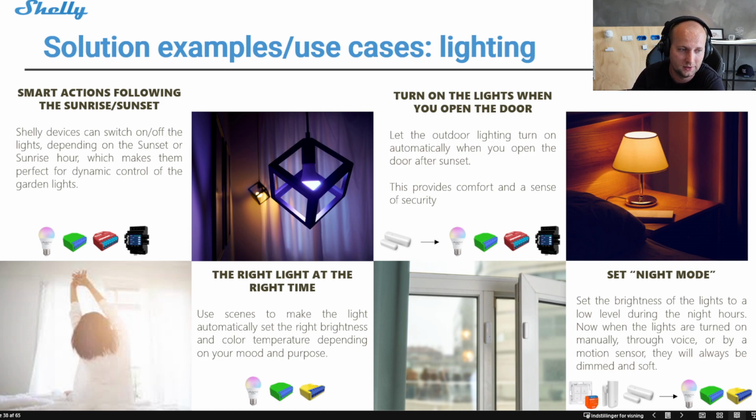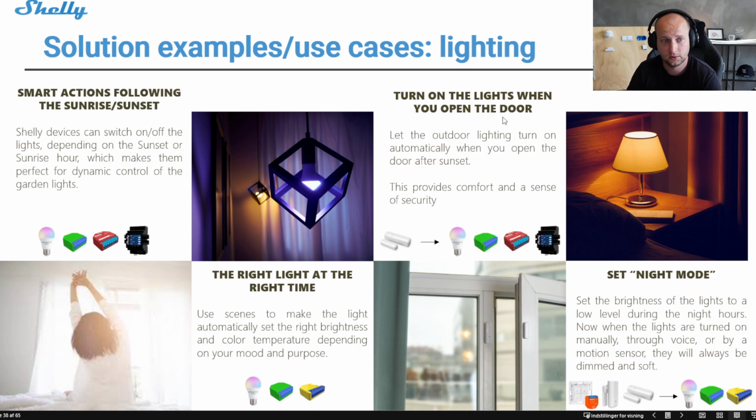in my kitchen, and then I get a very bright, clear white light, so I really can see what I'm cooking. I can see all of the food in a good quality. But I don't want to eat in that light. So I want a more cozy, warm light when I go to eat. So I press the dining button. That means now we go to eat, and the light will turn warm and soft and cozy. So based on that, you can make all of the scenarios you want to.